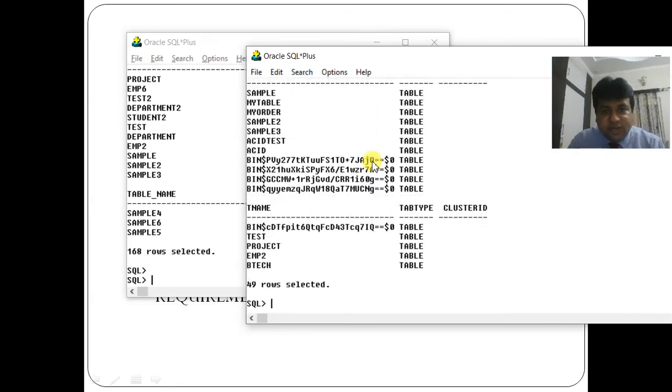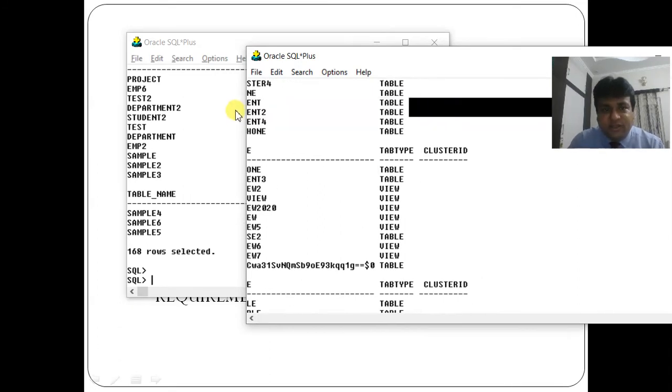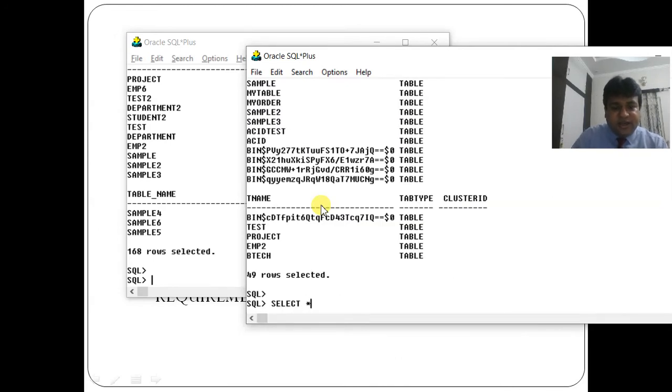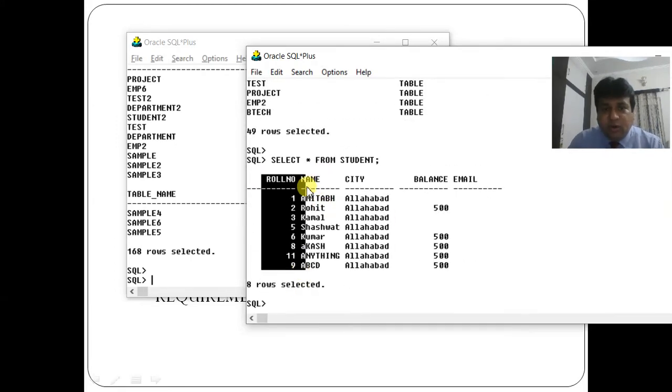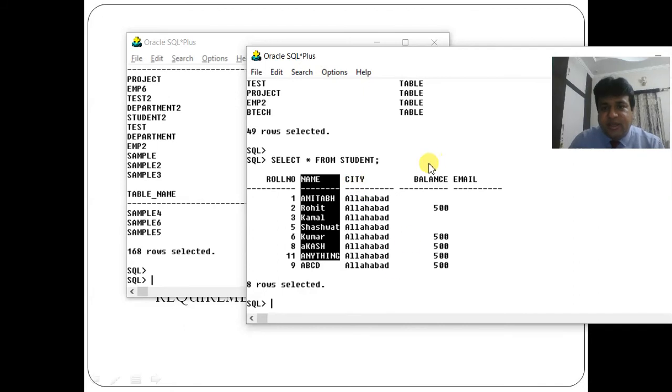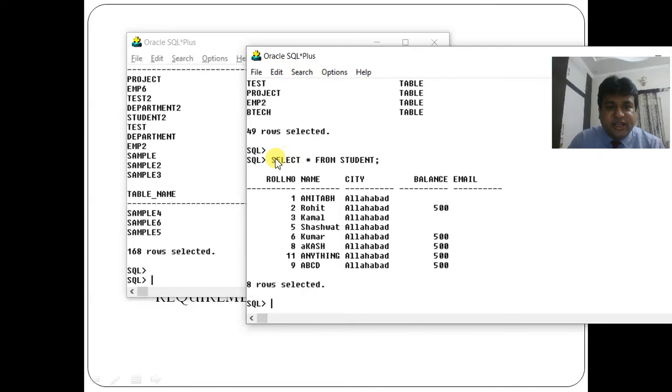You can see the list of certain tables, and in this list you can see there's a table called student. Now, if you want to see the data of this student table, what will we type? Select star from student. You can see now the same thing: roll number, name, city, balance, email. The same thing is coming: two-dimensional rows and columns. So this is again a SQL statement, because it is necessary to give a semicolon here. I think it is clear to you.